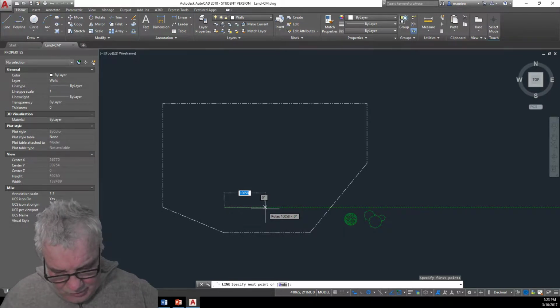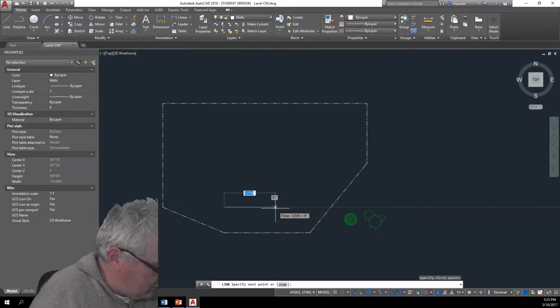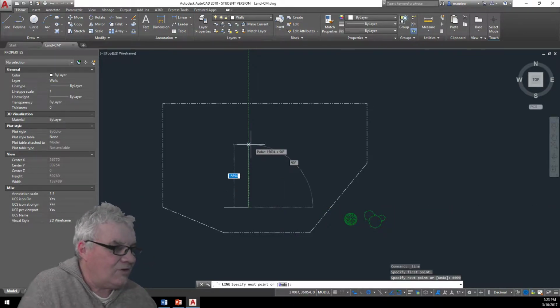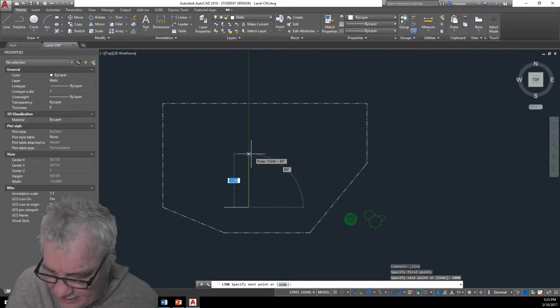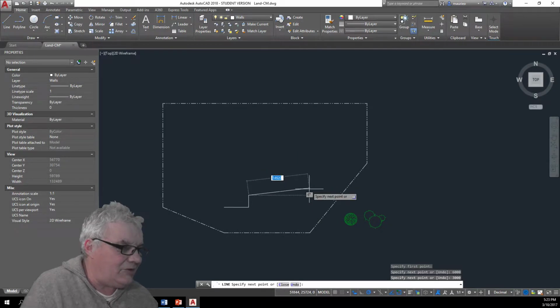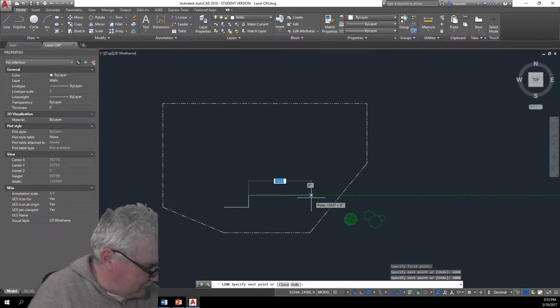The distance along there is 6,000. So let's key that in, 6,000, enter. Then we come up here 3,000. These will likely be millimeters, so that would be 3 meters, and then another 6,000 here,